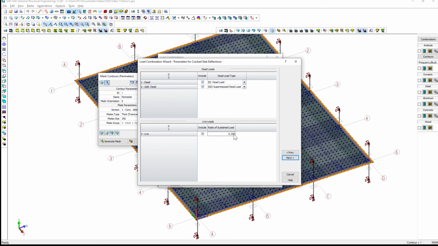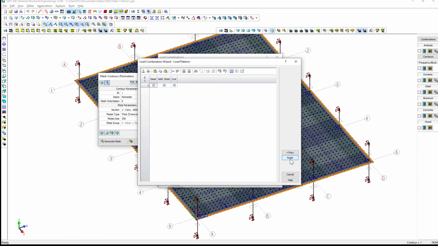In this example, only one live load combination is used. To define this load combination, select Include for the live load and set 0.2 for the ratio of sustained load. To view all the generated load combinations, click on the Table button in the upper right corner of the dialog